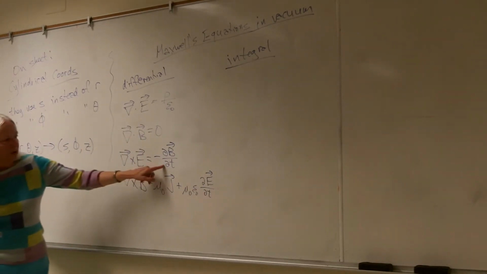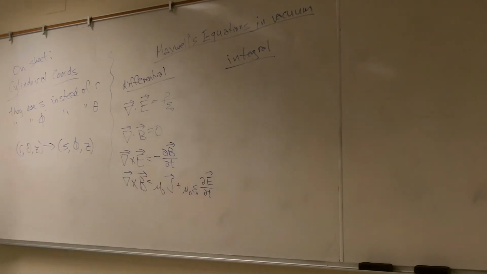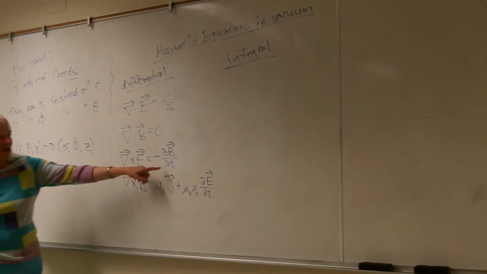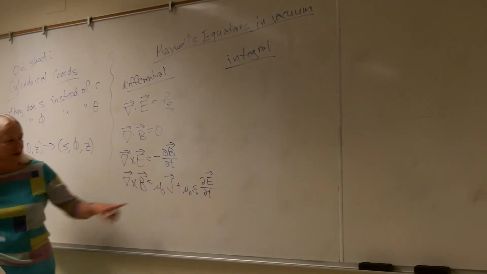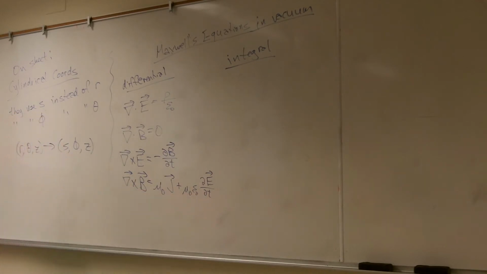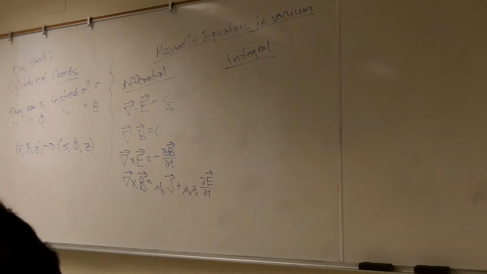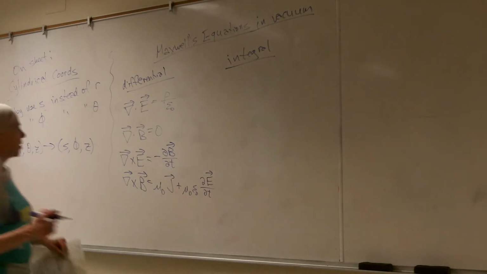field. These time derivatives in both Faraday's law and the Ampere-Maxwell law describe the process of induction, right? That a magnetic field that changes with time produces an electric field, and an electric field that changes with time produces a magnetic field. Okay? Anyway, so these were the differential forms, and then the integral forms, well, for Gauss's law,